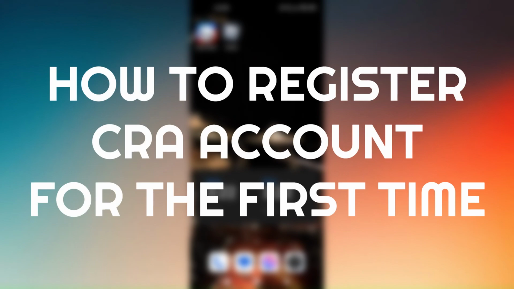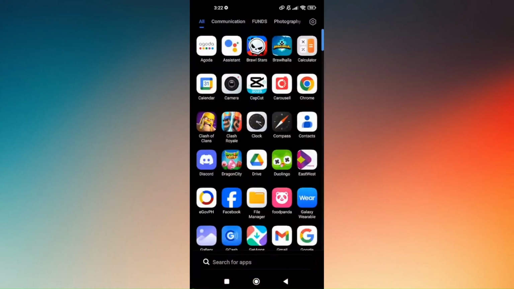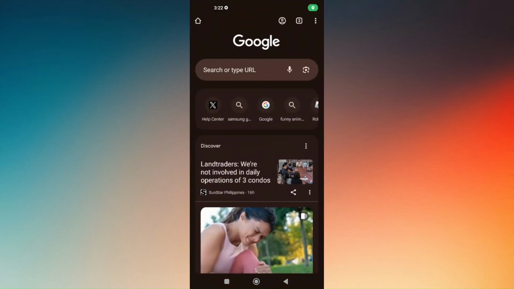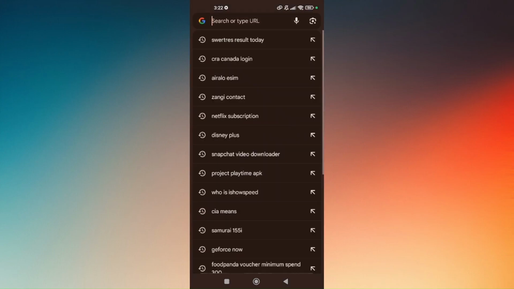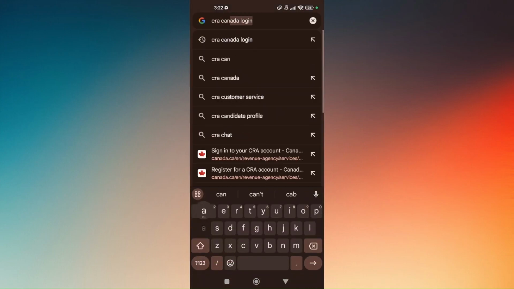How to register a CRA account for the first time. Now, the very first thing that you want to do is to access or pull up any preferred web browser directly from your phone. But in this video, I'm going to be using Google Chrome. Now, once you have accessed it, all you have to do is type in CRA Canada